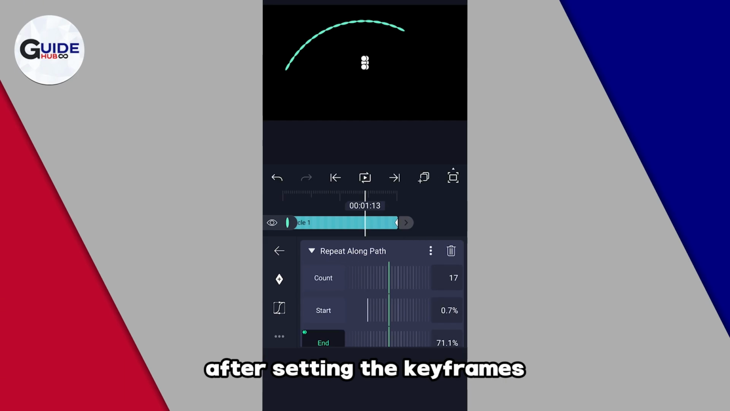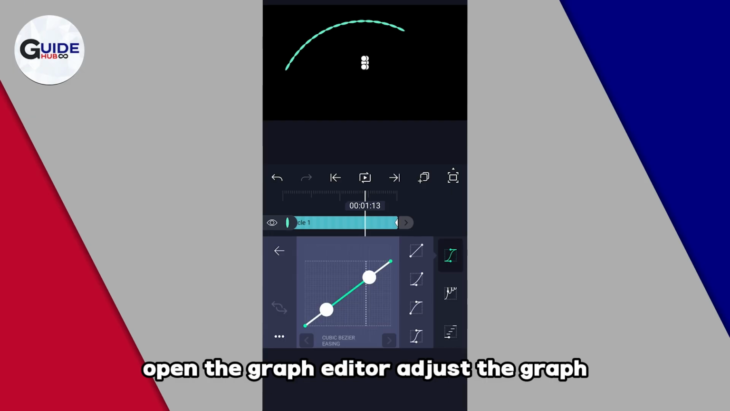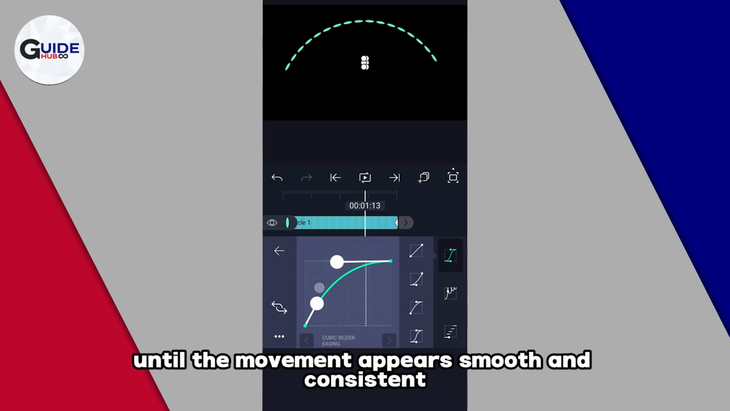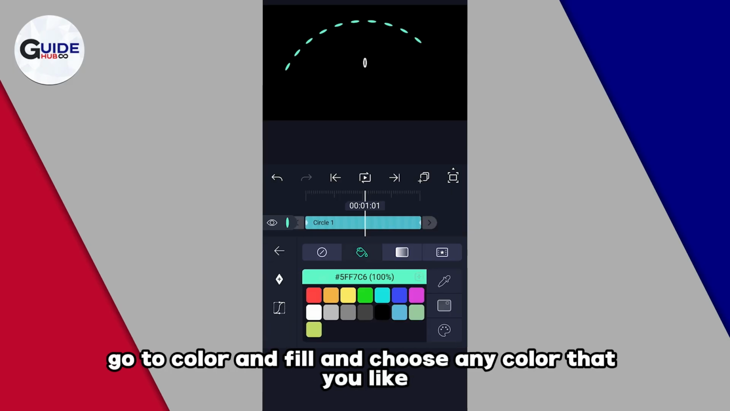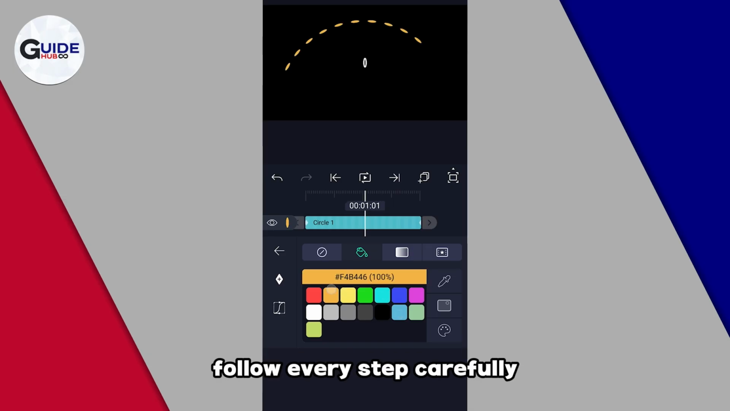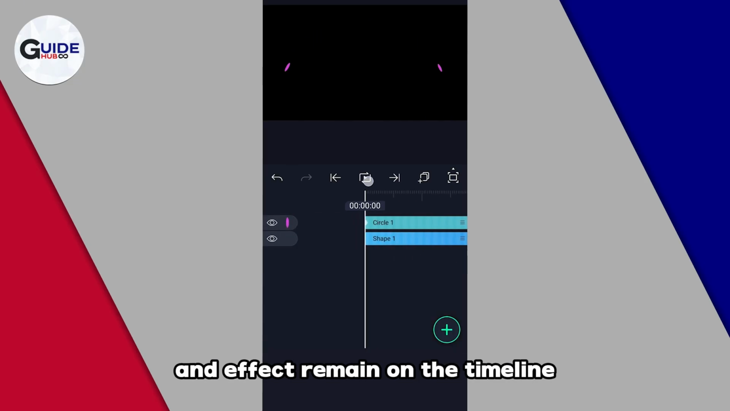After setting the keyframes, open the graph editor. Adjust the graph until the movement appears smooth and consistent. If you want to change the color of the line, go to Color and Fill and choose any color that you like. Follow every step carefully and make sure the line, shape, and effect remain on the timeline while creating